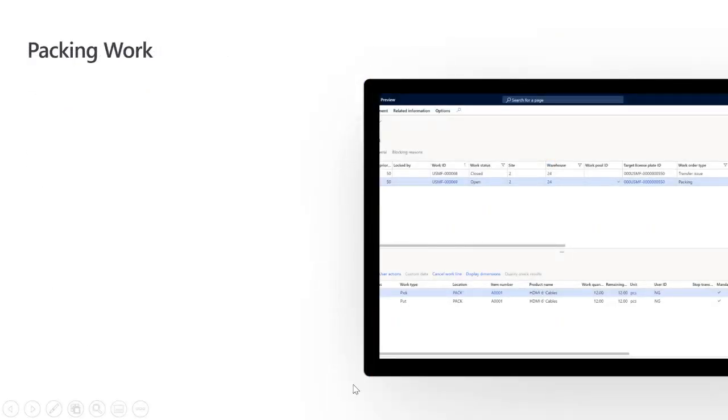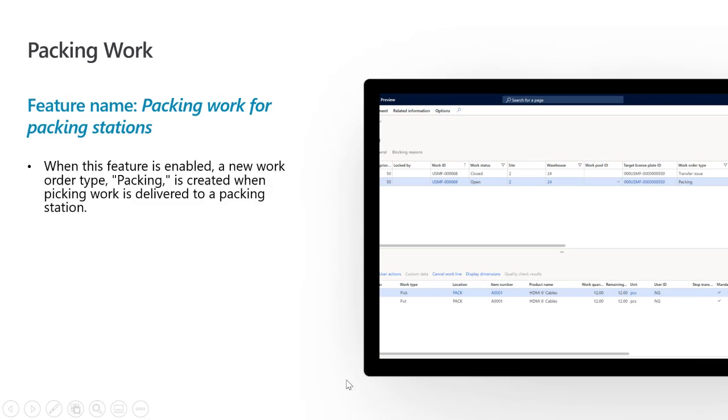So let's move to one of our net new features in the inventory and logistics space. And this one is for the packing work. The feature name here is packing work for packing stations. When you enable this feature, we get a new work order type called packing, and it is created anytime that you deliver picking work. That could be sales order picking or transfer order picking. If the put location is to a packing station, then we now get packing work created